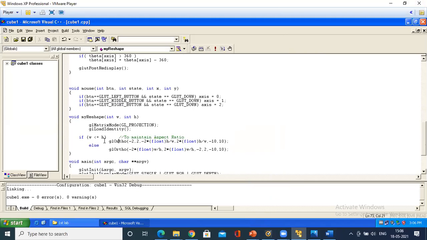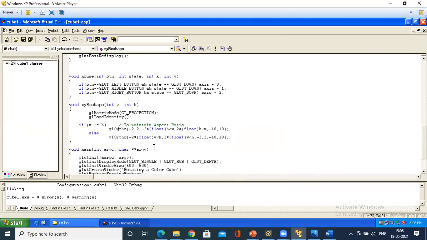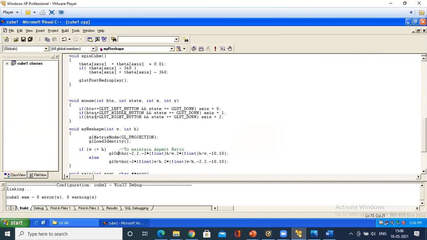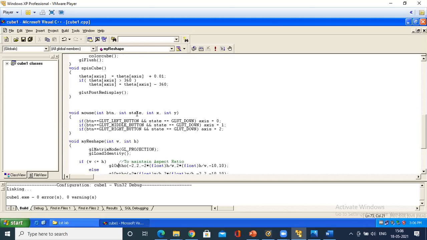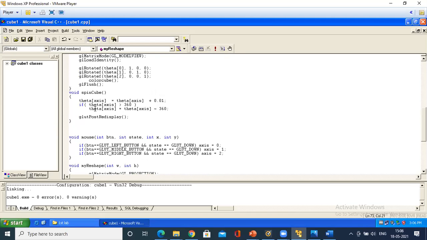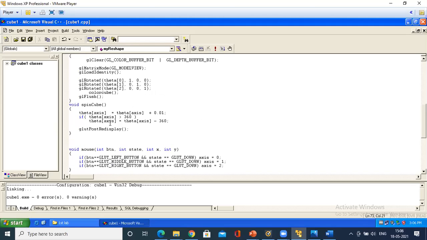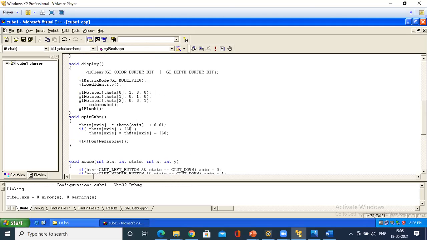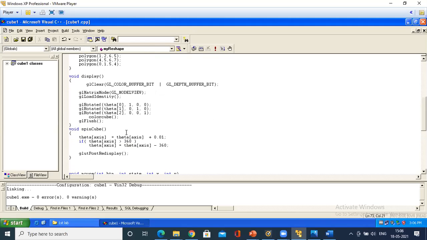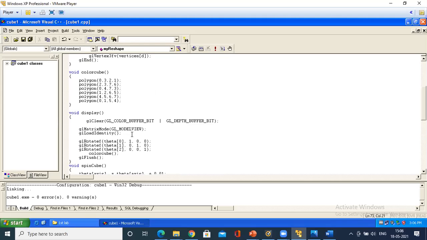If width is less than height while rotating, how is it to be maintained? What has to be increased? And the mouse function is to take control over the image. Spin cube is a simple function call to spin the cube along the axes, and what it has to set after crossing 360.